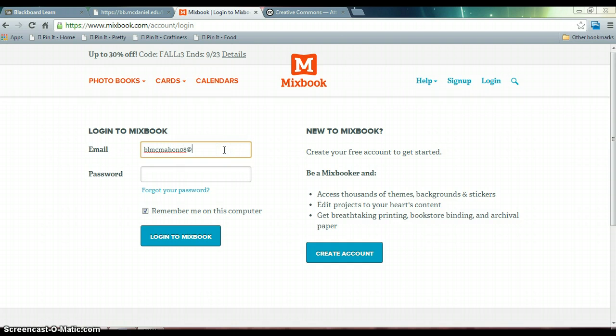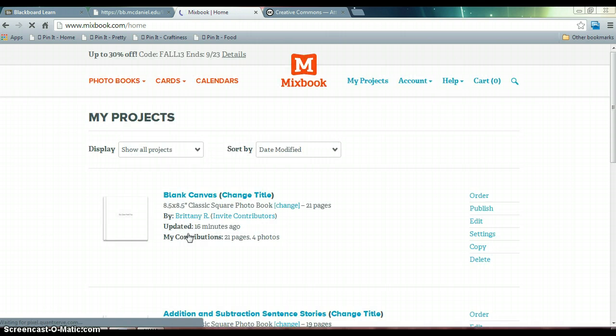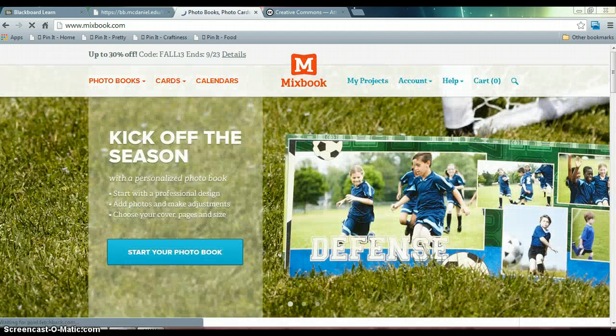To log in, you simply enter your email that you used to sign up and your new password, and then you click on Login to Mixbook. When you log into Mixbook, you will see your projects. I am going to show you from the beginning how to select a Mixbook, so we're going to go back